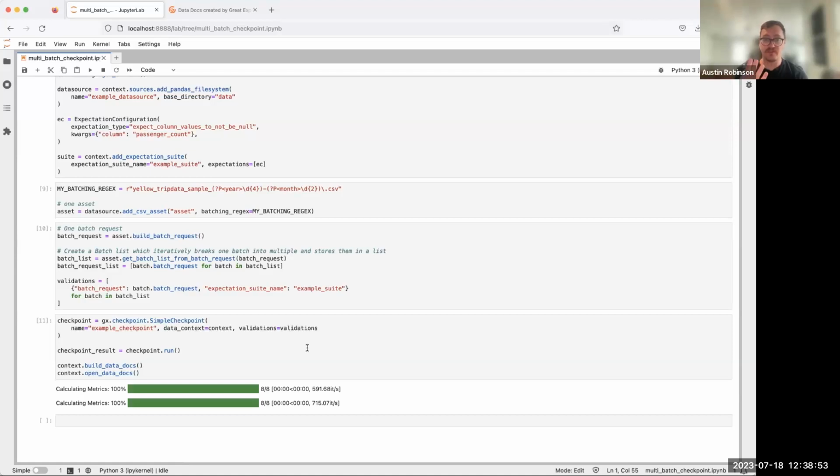If we were doing this on multiple batches within a SQL database, all that compute's pushed back on the database. And so then it's up to whatever the capabilities of your database or your Spark instance, for example, are capable of. Cool. So if you're running out of memory, go use the database.